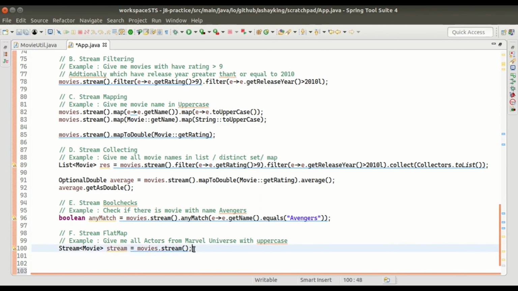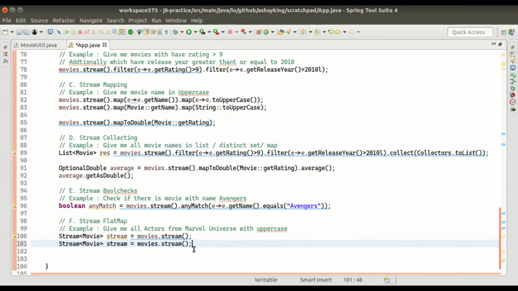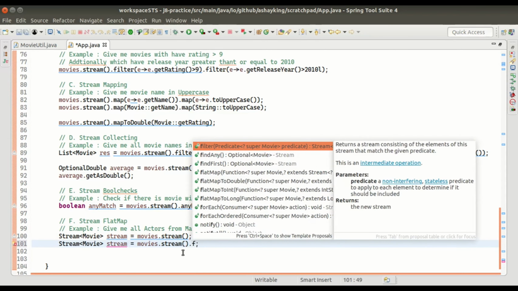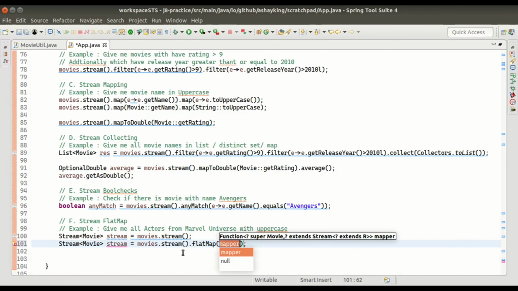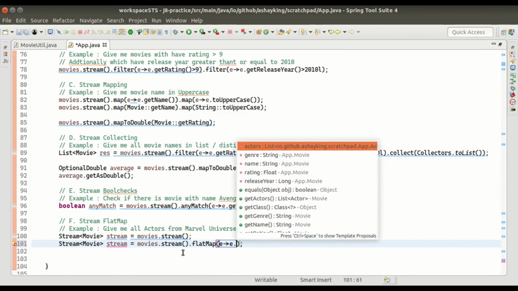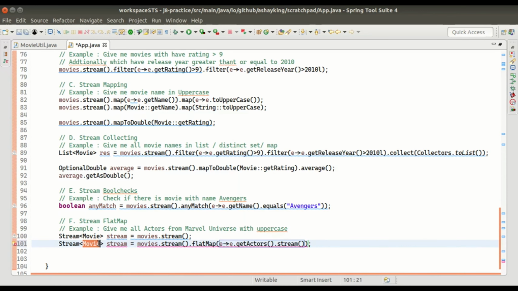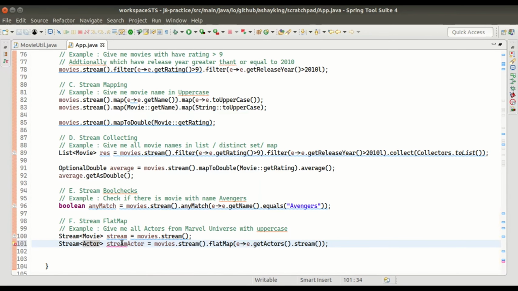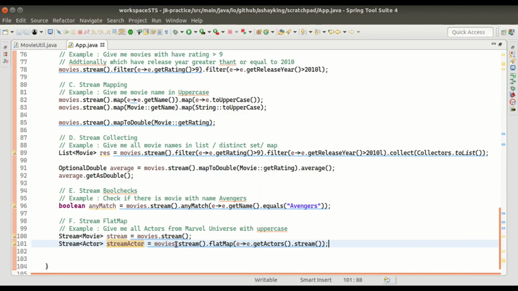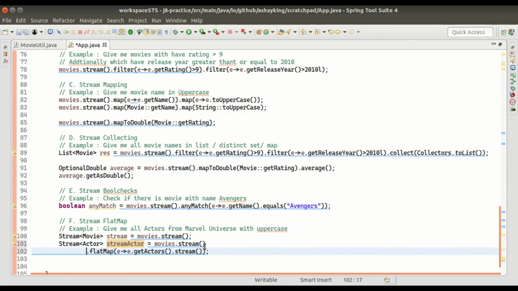But if I apply the flat map, in which I want to create a stream from the actors collection, and if you check, it will be of type stream of actor. And now I can perform my operations as usual like we were applying earlier.